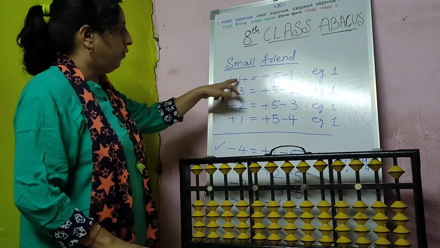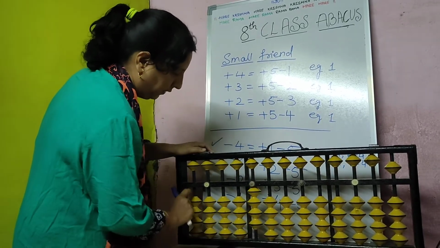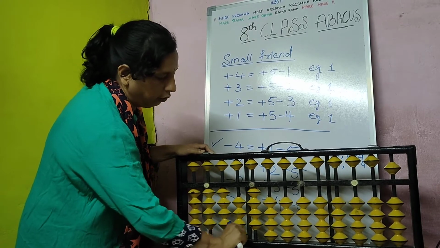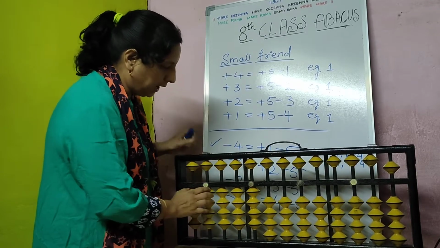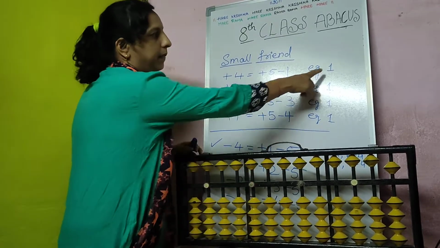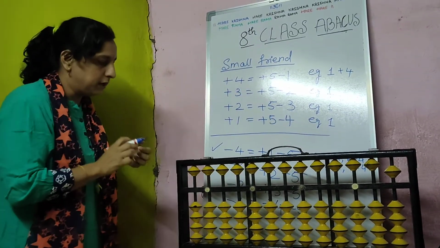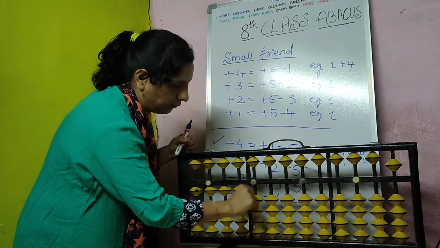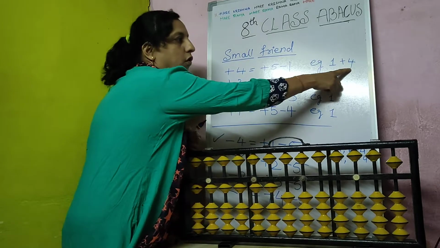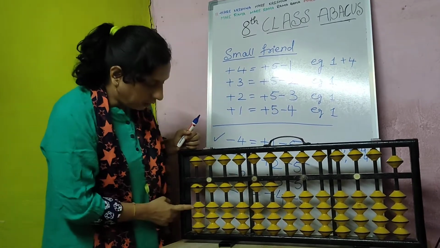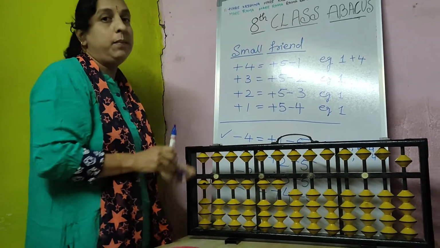So now, how to do 4 in abacus? If there is 0, I can do it directly like this. Isn't it 4, if the abacus value is 0? If my abacus value has 1, I want to do 1 plus 4. So how to do 1 plus 4? First here 1, 1, 1, 1, complete abacus, you practice it. So 1 is there. After that I have to do 4. How to do 4? Here I cannot do 4 because only 3 beads are there. I am in problem. I told you, no. I am in problem means what I should do?